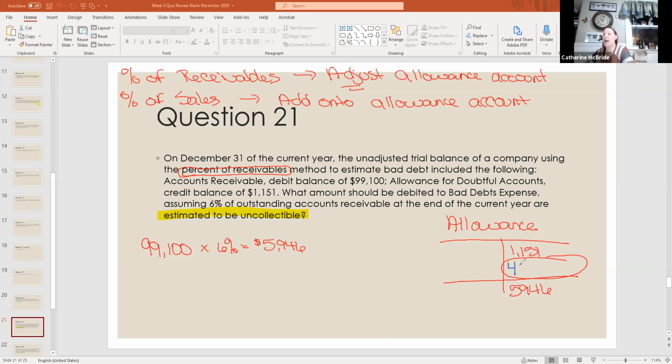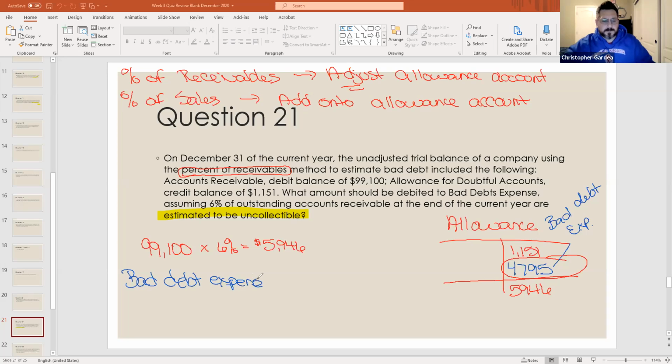So I have to add $47.95. That's my bad debt expense that I'm estimating. Because when I record that, my allowance account will be $59.46. So when I record bad debt expense and allowance for doubtful accounts,